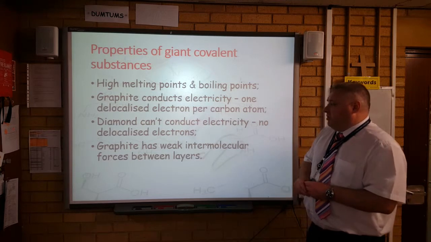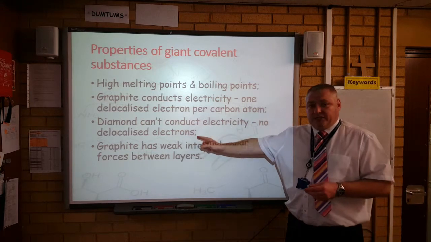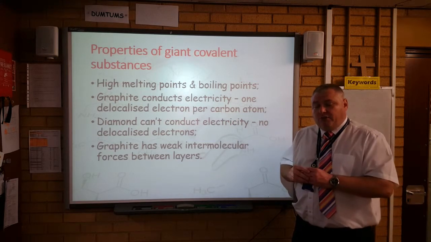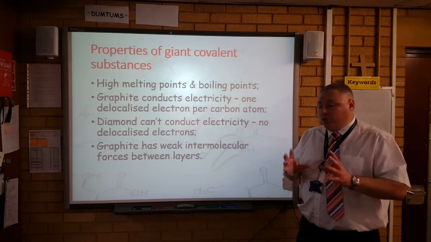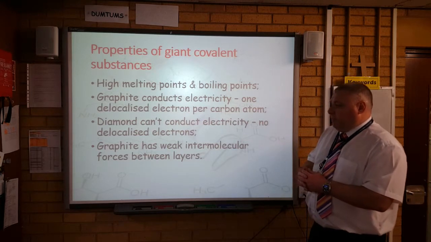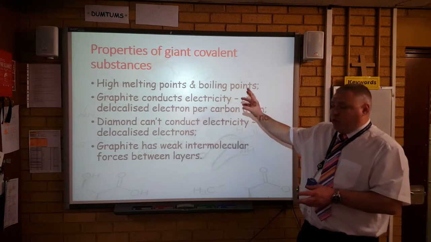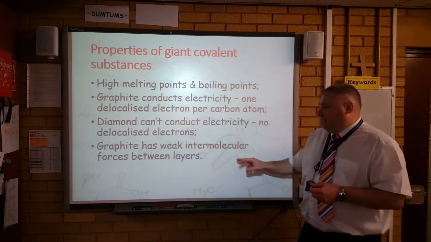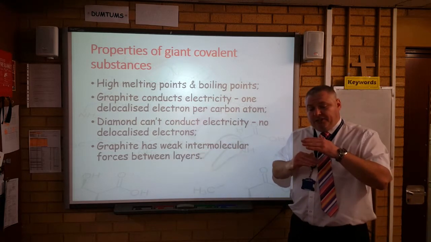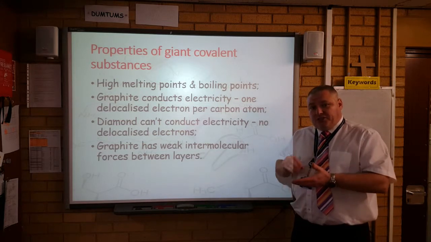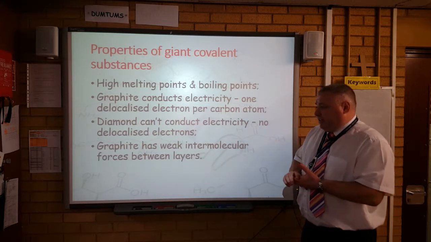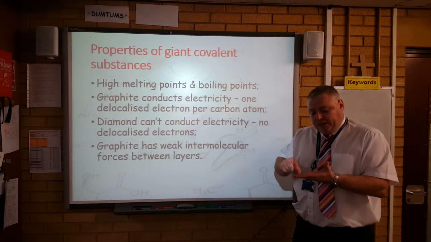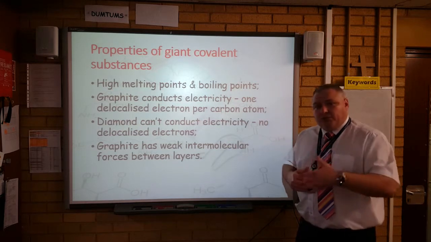Diamond can't conduct electricity because it doesn't have any delocalized electrons. In the structure of diamond, each of the carbon atoms is covalently bonded to 4 other carbon atoms, so all the outer electrons are locked up in bonds. And graphite, although it's got strong covalent bonds between the carbon atoms, only has weak intermolecular forces between the individual layers. Because of that, it's very, very easy to remove one layer of graphite, and that's how it works in pencils, where the force of friction against the paper and the lead in the pencil is enough to overcome